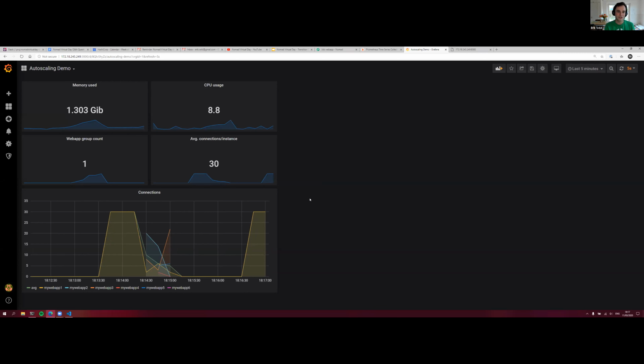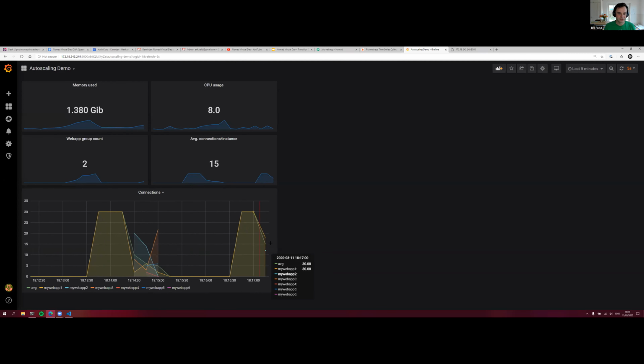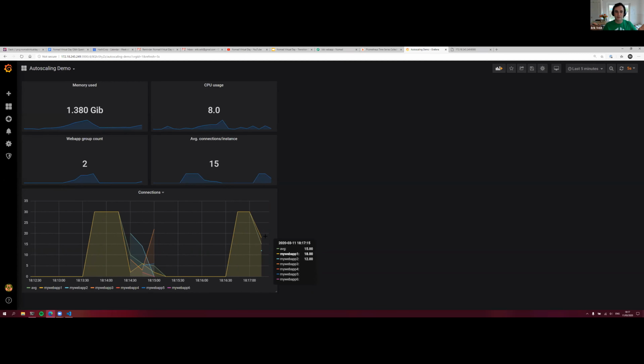So right now, the average number of connections is 30, and we should see that even out to about 20 as soon as all the new instances start coming up. So we can see here now that we're starting to spread the number of connections between our applications. And as soon as the load goes away, it'll then scale down again.